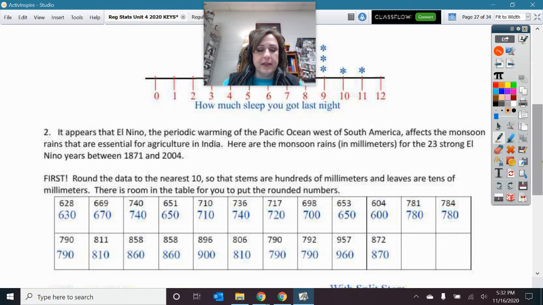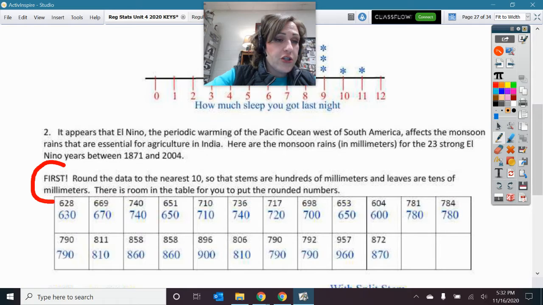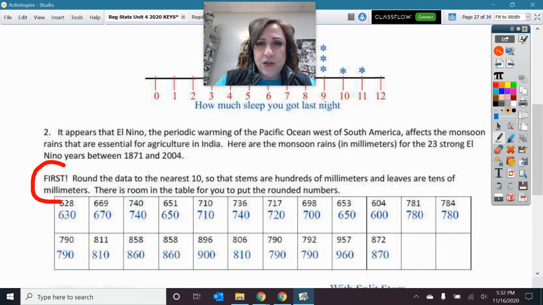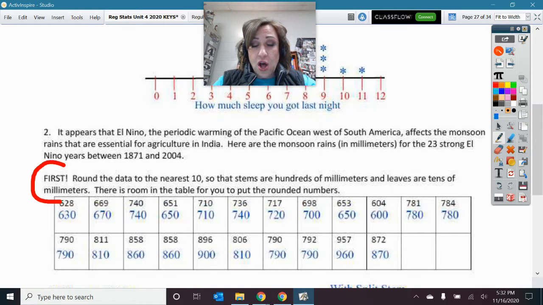All right. Now, look here. I gave you some information. First, round the data to the nearest 10. So I did, and that's why I left some space in that bar there. So 630 to 67, and so on. So I went and I rounded all of those to the nearest 10. All right. So then